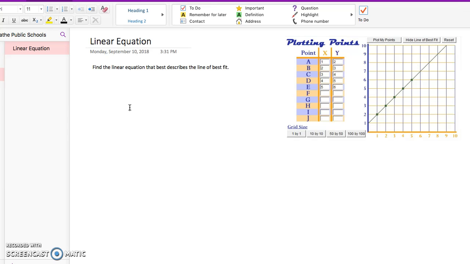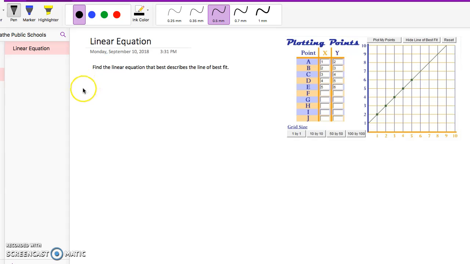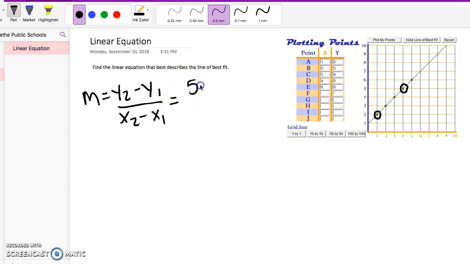So what's fortunate for us is that this line of best fit goes through exact points that we can see on the graph. So the very first thing that I'm going to do is find the slope, which is y2 minus y1 over x2 minus x1. And I'm going to select this as my x1, y1, and I will select this point as my x2, y2. So that would be 5 minus 2, those are my y values, over 4 minus 1, those would be my x values,